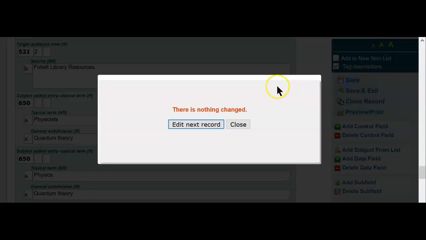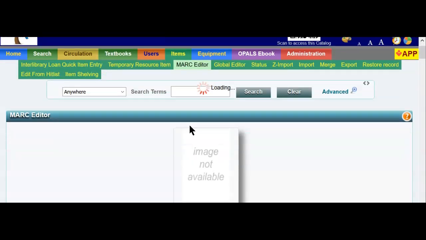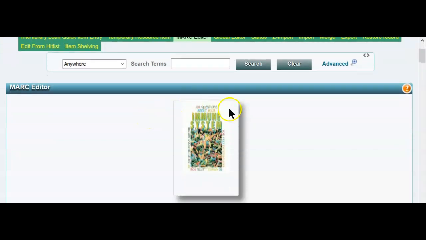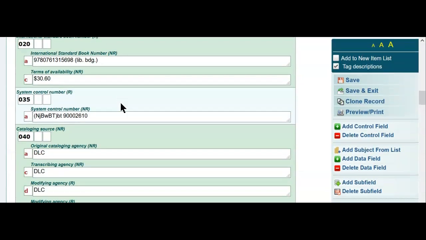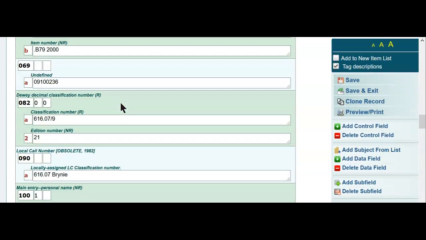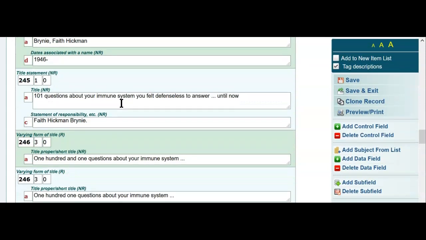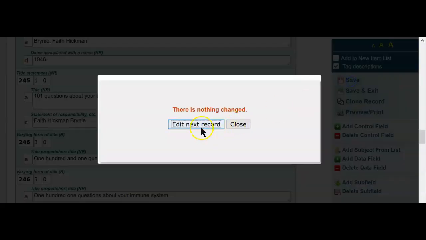I'm going to click Save. Nothing has changed. Edit the next record. And this record is 101 Questions. I'm just doing it twice on the numbers just to show you again the 245 field versus the 246. So here's 101 Questions in the 245, so that must be, we saw it on the cover, but again, you might have a patron that'll search 101 spelled out. I'm going to hit Save, edit the next record,